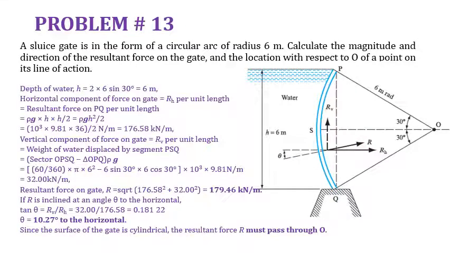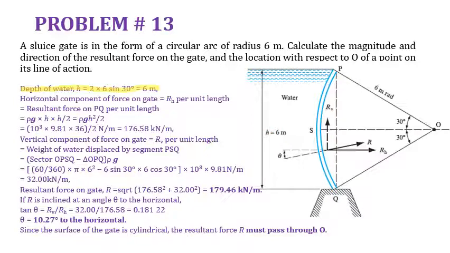So the first step is to find out the water depth. So we can use the sine theta. The sine theta is perpendicular over hypotenuse. So hypotenuse 6 meter, 6 meter into sine theta will give us this half of this height from P to this point, and because this angle is same theta, so multiplied by 2 we'll get the bottom part as well. So h is 2 into 6 into sine theta, which is 6 meter. It is also shown over here. So water height is 6 meter.